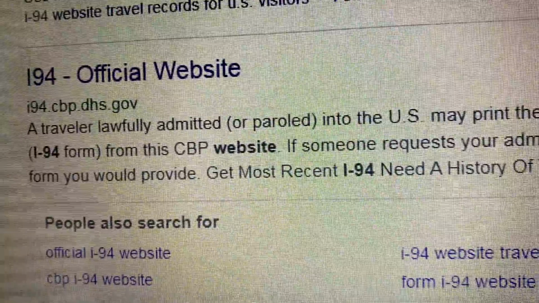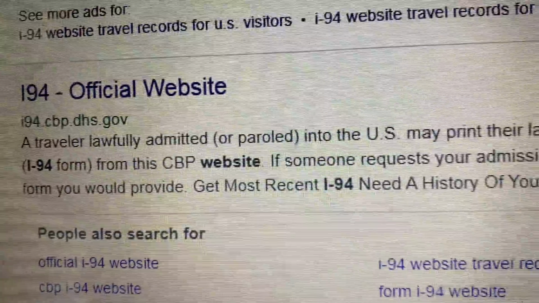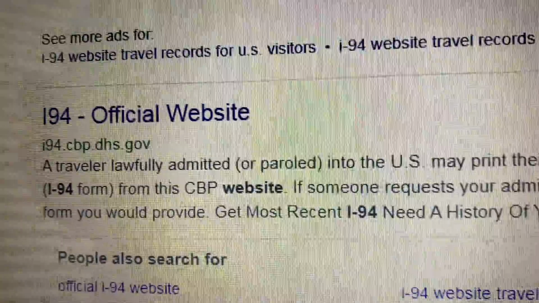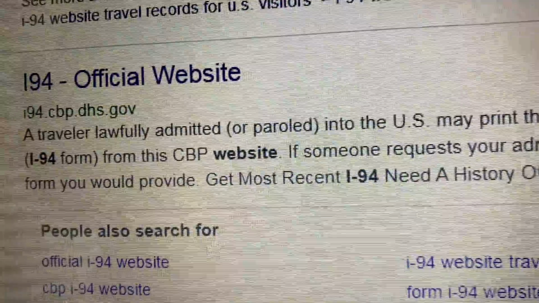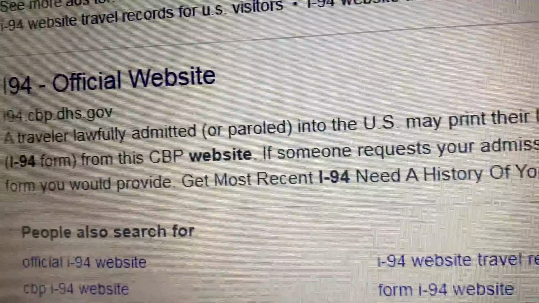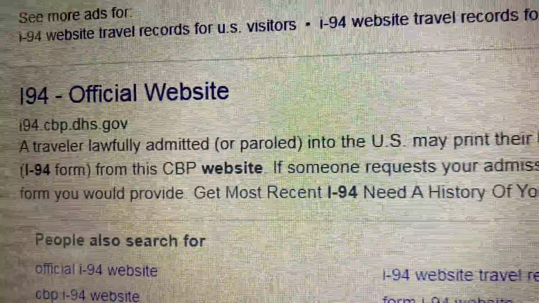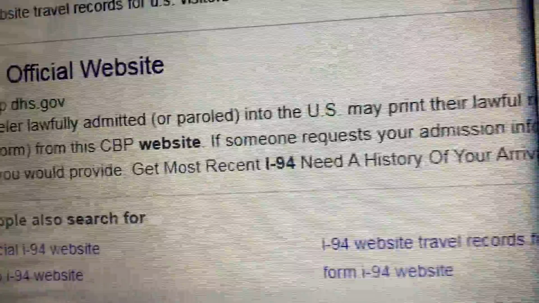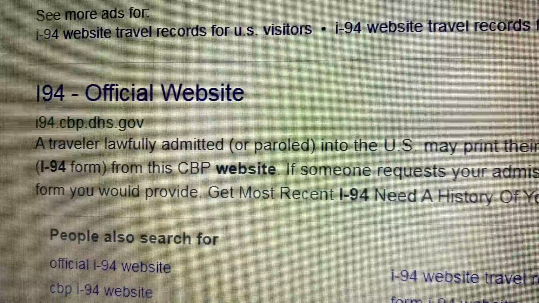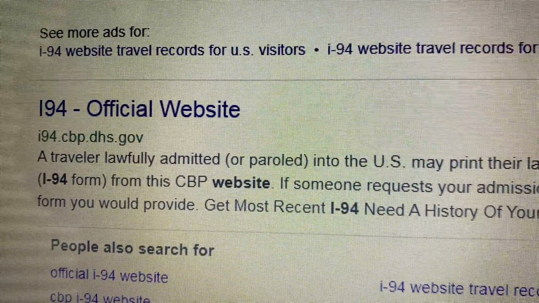Then you have to put your passport number. It's in the upper right corner.